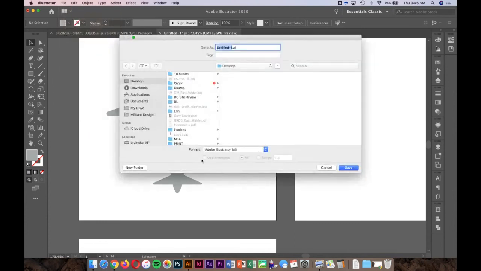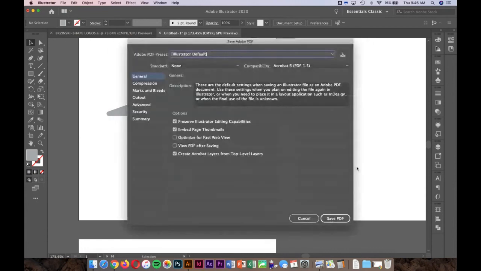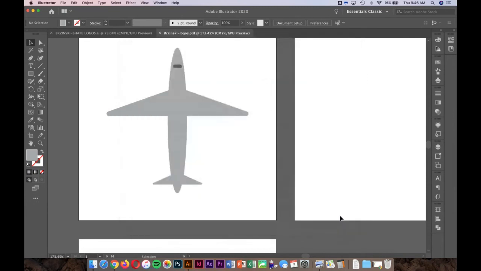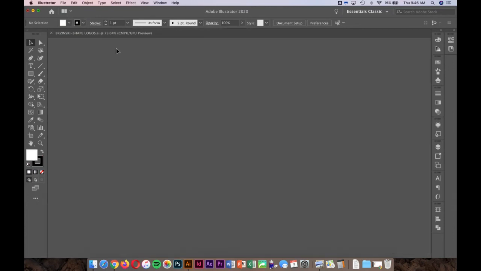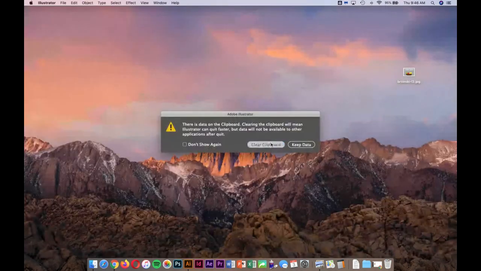And I'm going to save this thing, instead of as Illustrator, notice if you click on this dropdown, there's this PDF option. I'm going to save this thing as a PDF. So I'm going to call this last name dash description. And if I save it as a PDF, the cool thing about PDFs is that they're super Illustrator friendly. I don't keep an AI version of this. I'm actually just going to use my Illustrator version. So now if I close it and I quit out of Illustrator,